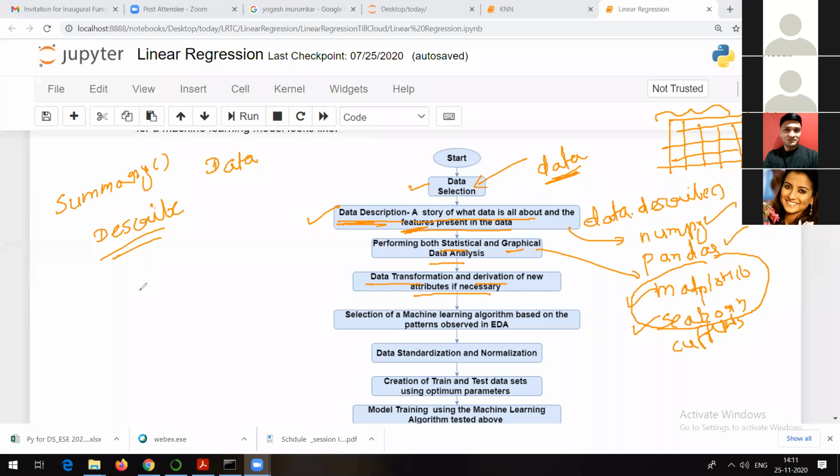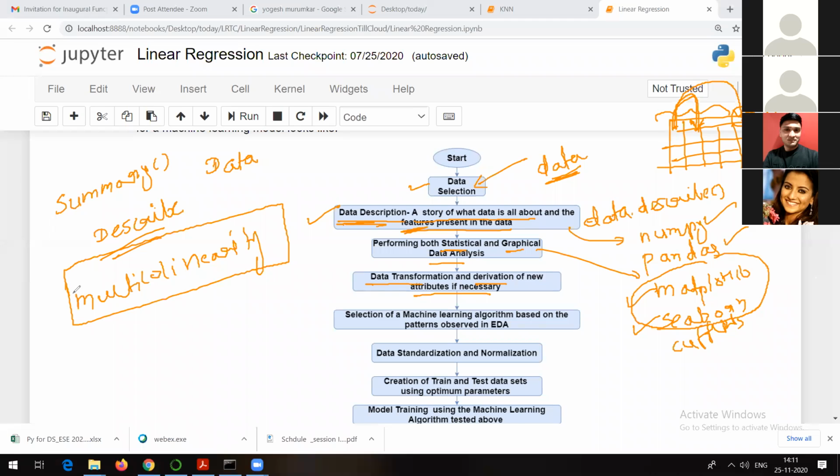There is something called multi-collinearity. So what is multi-collinearity? You might have an idea about that. Multi-collinearity means an independent column should not be dependent on another independent column. If the dependent column is dependent on some independent column, that is okay. But an independent column should not be related to another independent column. Right? If it is like that, then it is called multi-collinearity. And multi-collinearity should not be present in your data.